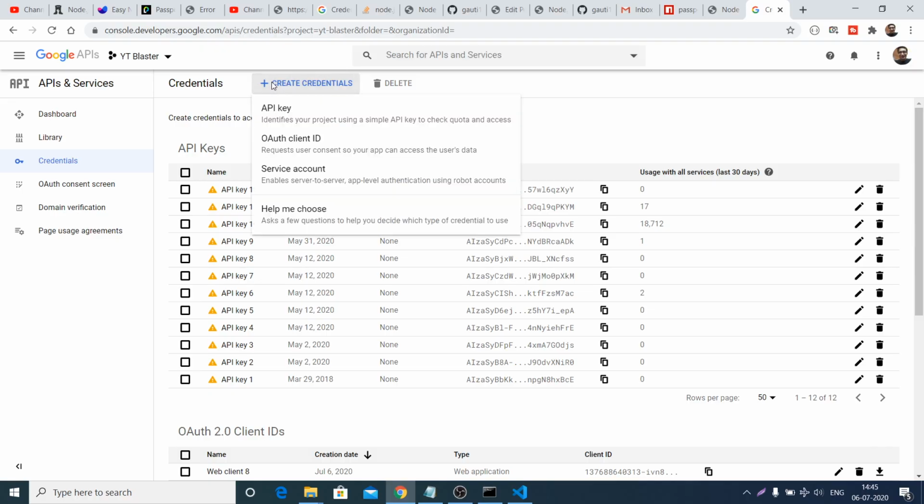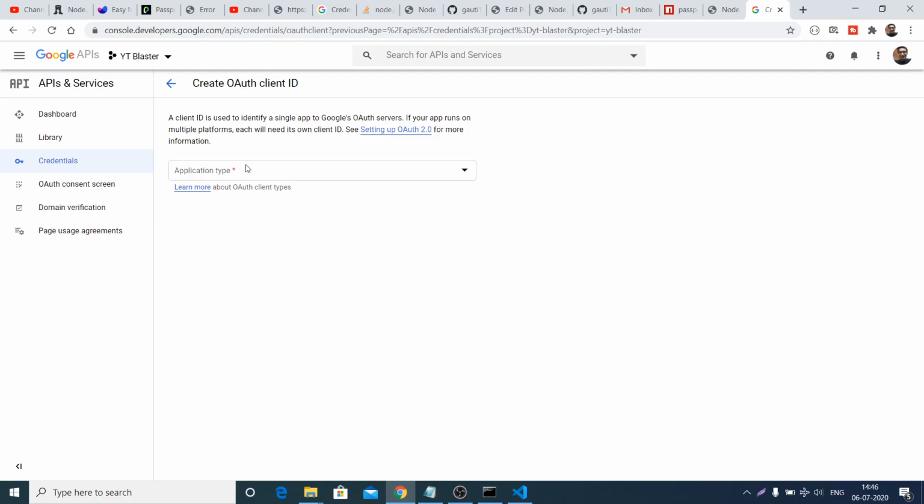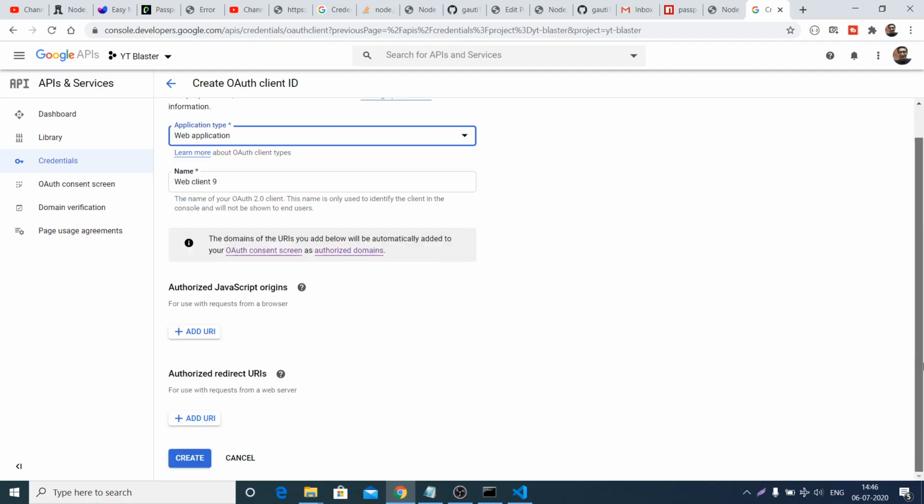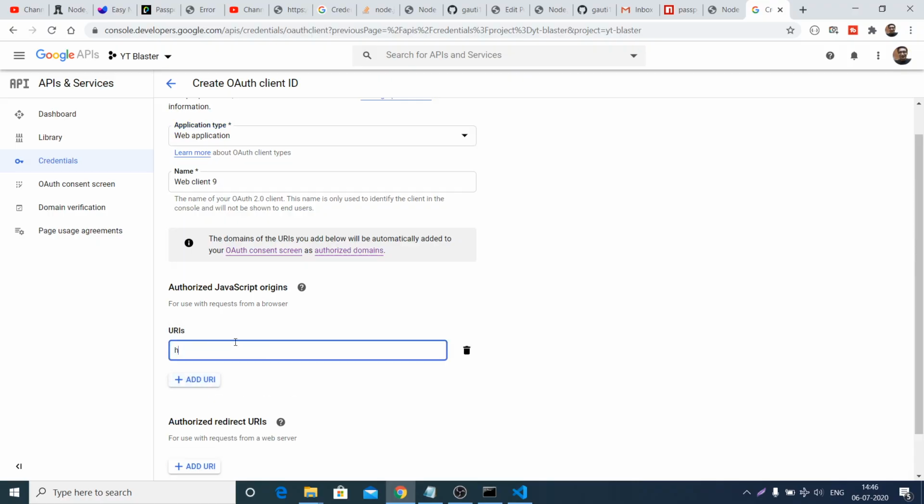Click on this option, click OAuth client ID, and then you need to select the type web application, and here you need to fill in your JavaScript origin. This will be HTTP localhost, followed by the port number which I am using, so this is 5000.